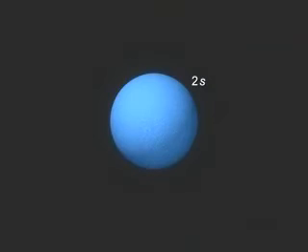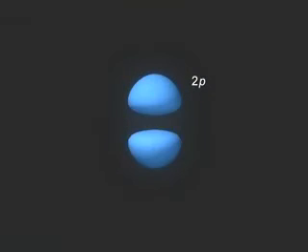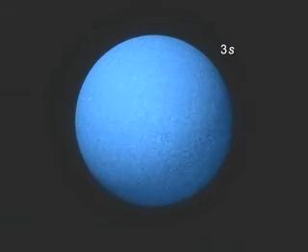This small bright sphere represents the ground state hydrogen atom. In this most stable state, the atom is in the n equals 1 energy level, and its single electron occupies the 1s orbital. When the atom is excited, and depending on the amount of energy it absorbs, the electron can occupy one of several higher energy orbitals, such as the 2s orbital, the 2p, the 3s, the 3p, the 3d,